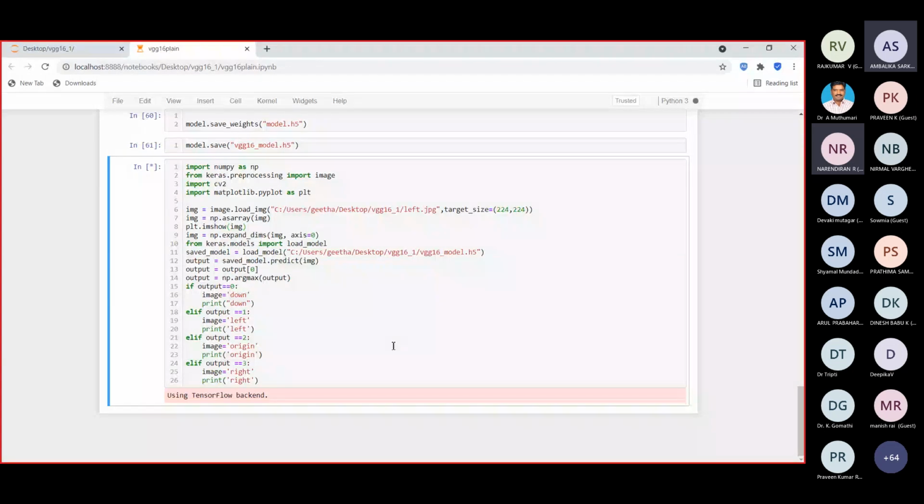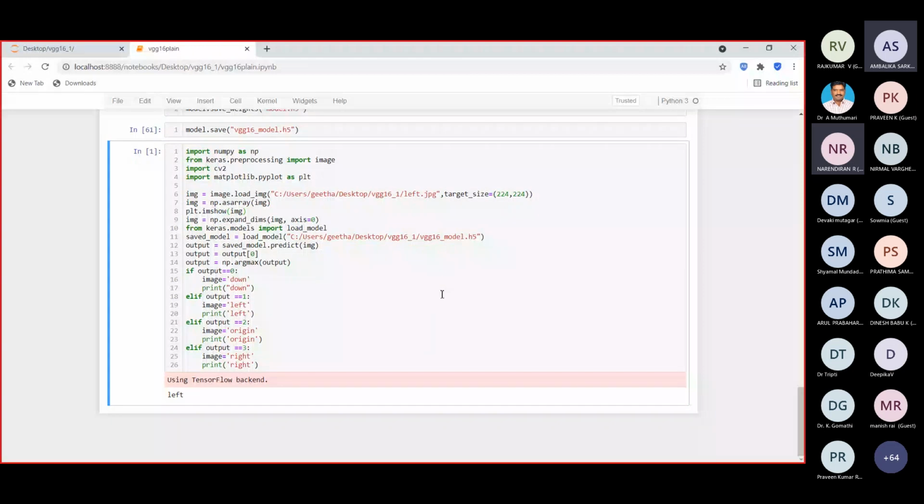You see, the data given as left is classified as left. So the corresponding output, the left image. This image is given as input, test data from the test data set, and then it is correctly classifying.